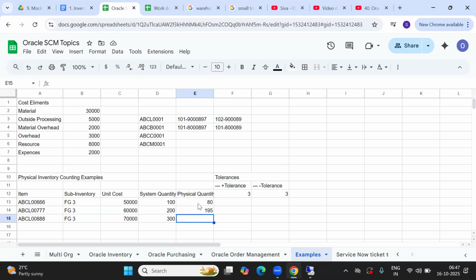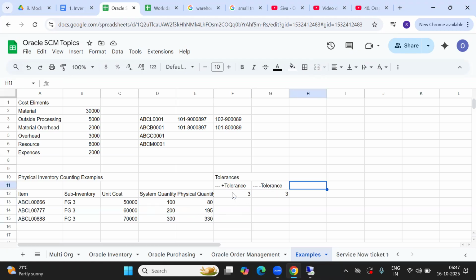Here there is 300 and 330 quantities available. So more quantity is available here. Now let's have this calculation here.